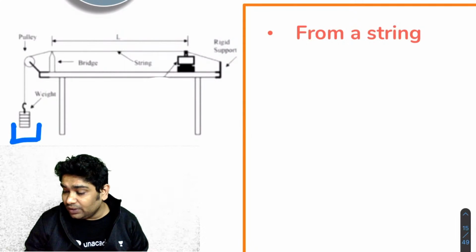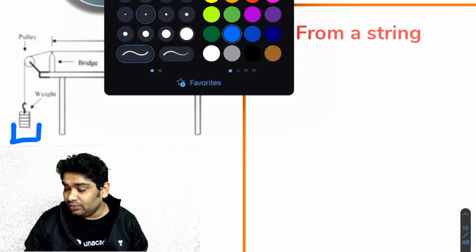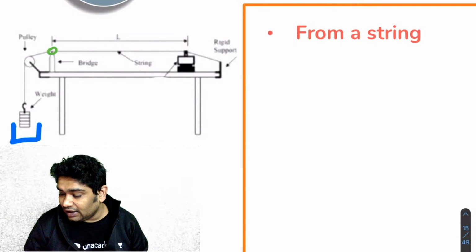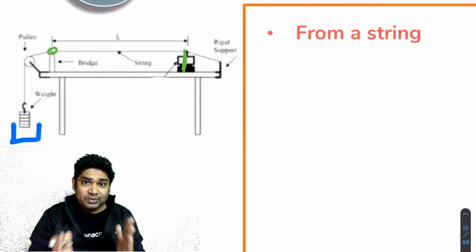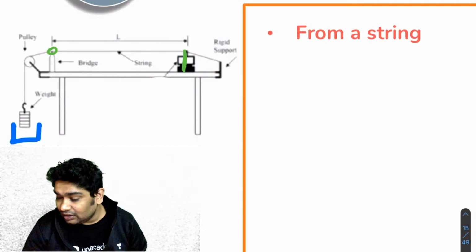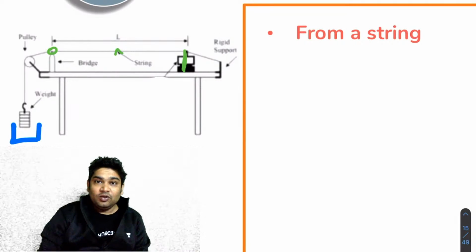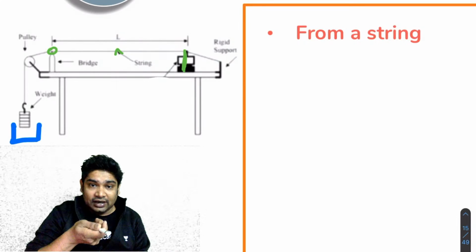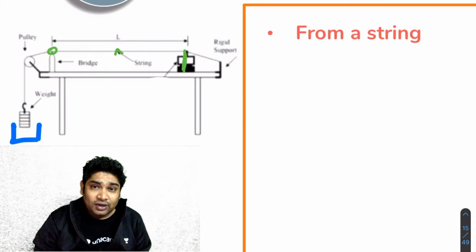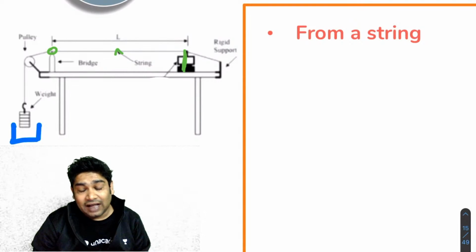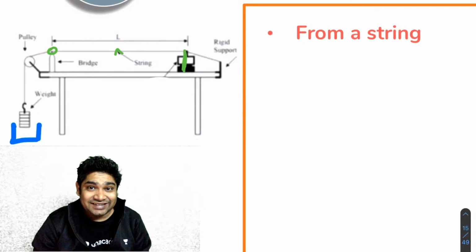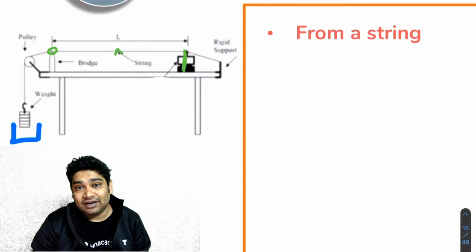Then you have two bridges. So you have bridge number one, and you have another bridge here. So you can adjust the distance between the two bridges. And what you do is you have a piece of paper here, which you keep on the string, and then you bring a tuning fork and you keep it above that. So the tuning fork induces forced vibrations in the string, and you keep on adjusting the distance between the two bridges, and hence changing the length of the wire in which you're setting up standing waves.